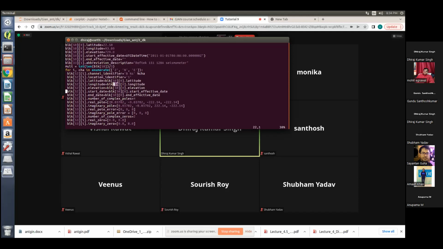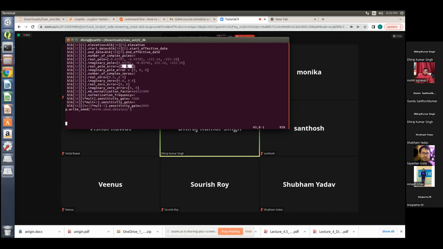So next, we'll put the poles. As we have seen in the pole-zeros file that was provided by the manufacturer, it has 4 poles. So accordingly, I have put the 4 poles like this. The other thing we need to be very cautious about is what sign we are putting. Even if there is a sign difference between these poles, it won't work properly. So the pole has been put here, and then after that is the imaginary part of the pole. Then the error in observation of the pole, and then similarly the zeros that are